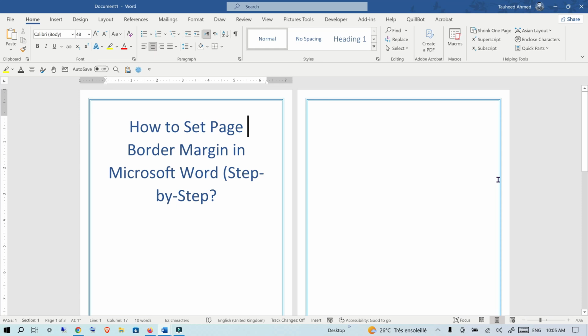Everyone, in this video I will show you how to set page border margin in Microsoft Word. Adjusting the page border margin is essential if your borders are getting cut off when printing or if they just look too close to the edge of the paper. So in MS Word you can control exactly how far the border sits from the edge of the page or